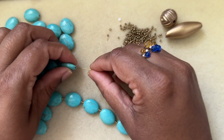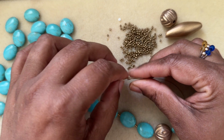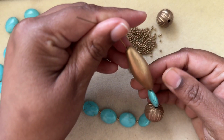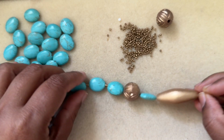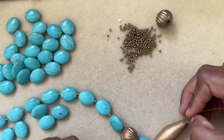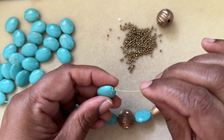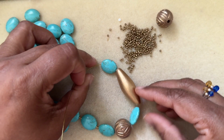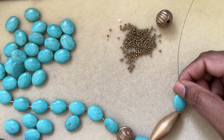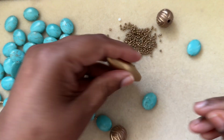And again, turquoise, and then this also, it will just go on top. So there's no point in adding seed beads, I would say. Actually, yeah, there is no point in adding seed beads. As I said, we can do this in the center. If you want, you can have a spacer bead in between, but this one will look much prettier not like this, but on the sides, I would say. And I don't like this in the middle, so I just,